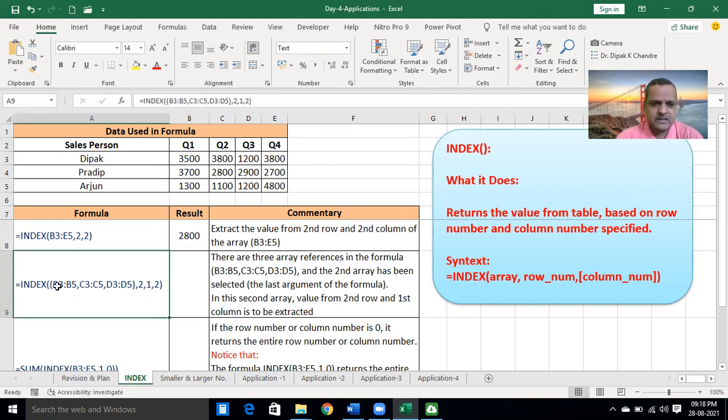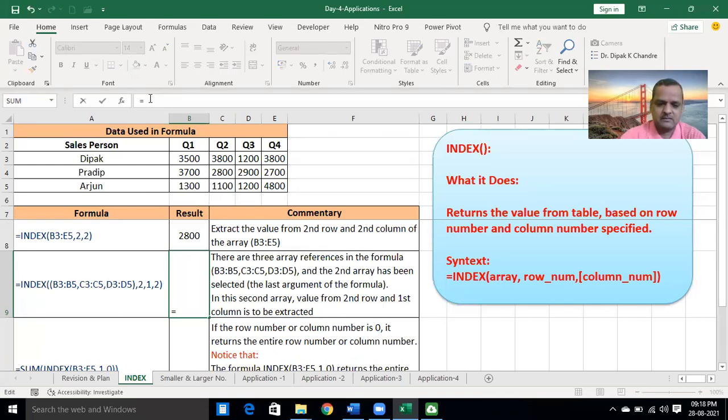Now the next one, the INDEX here represents B3 to B5, C3 to C5, D3 to D5. We will type it in the formula bar. INDEX, this array is the first one, then comma, second column, comma, third column, comma, again fourth column. What does it represent? It represents the area number. After inserting the function in the formula bar, there is a second option available for INDEX.